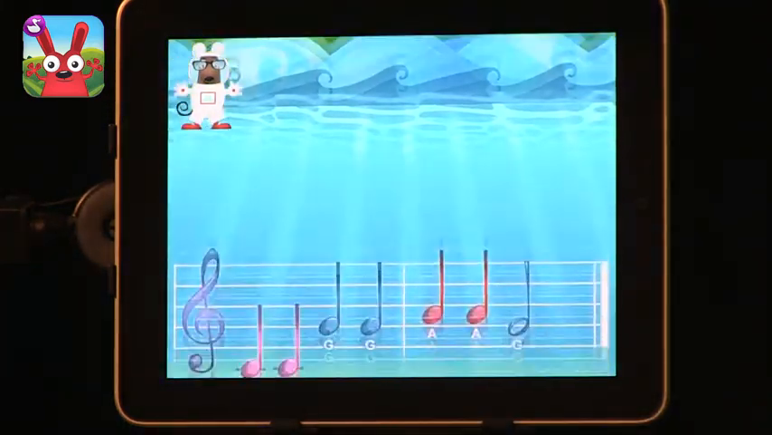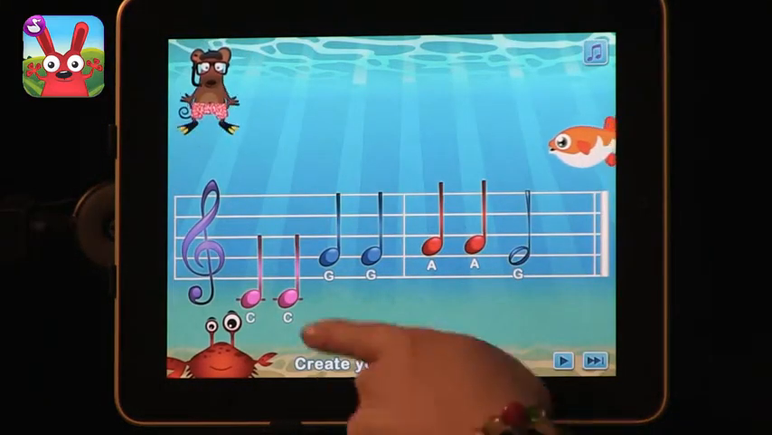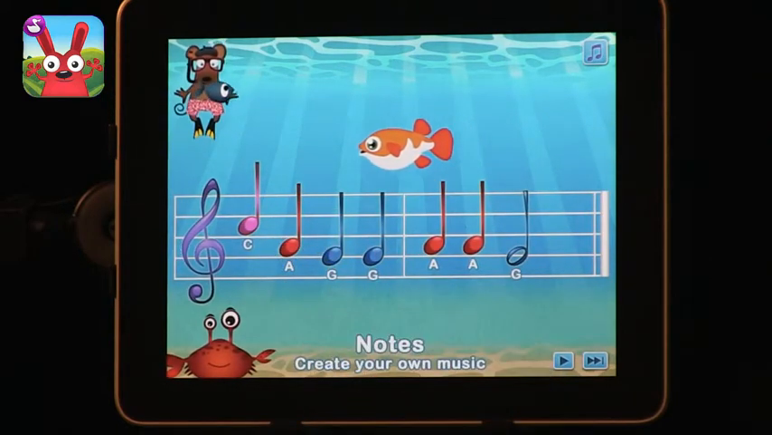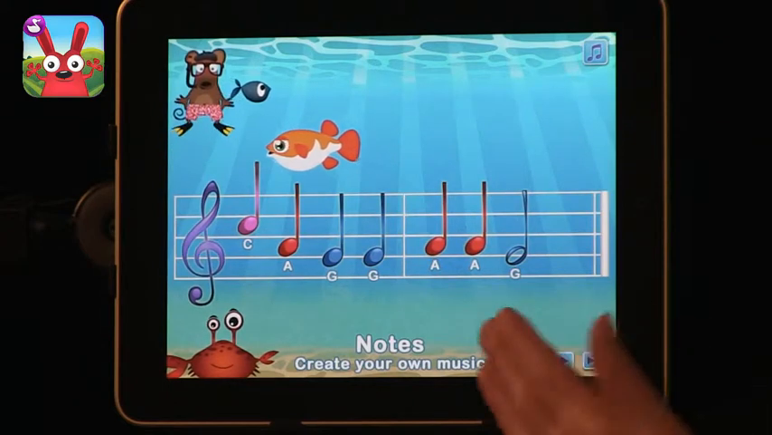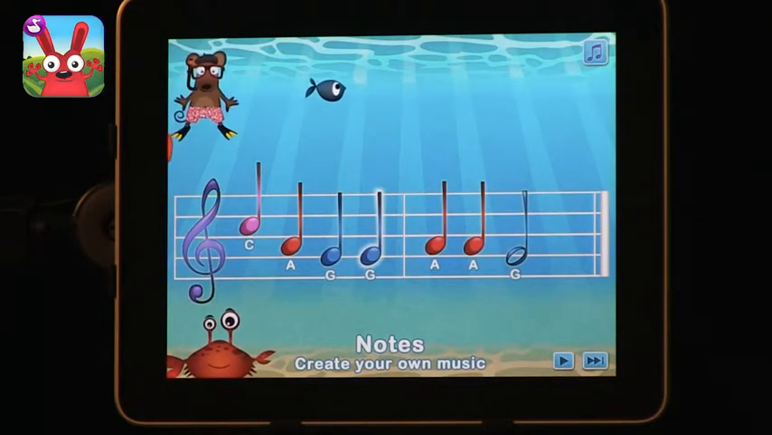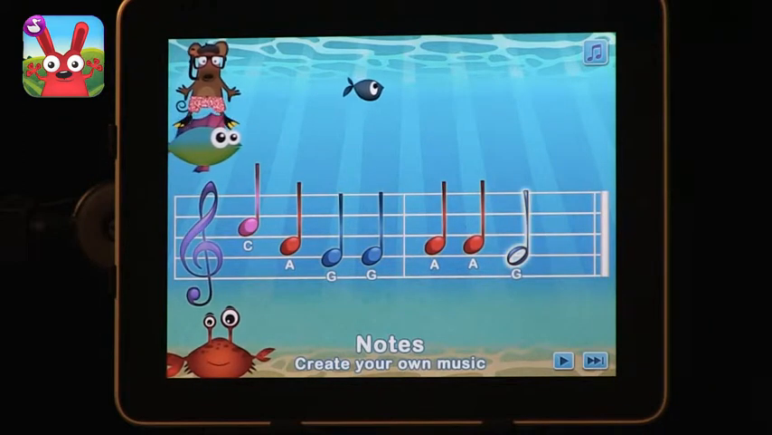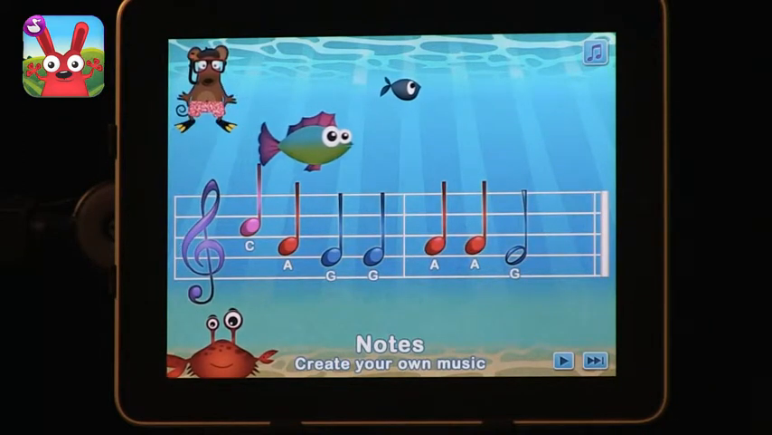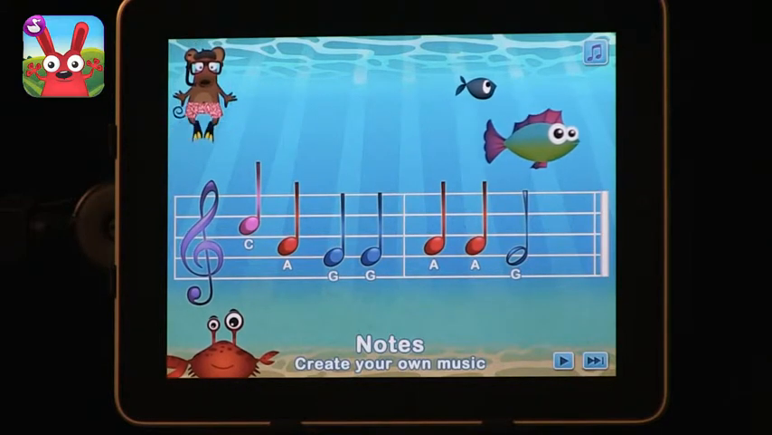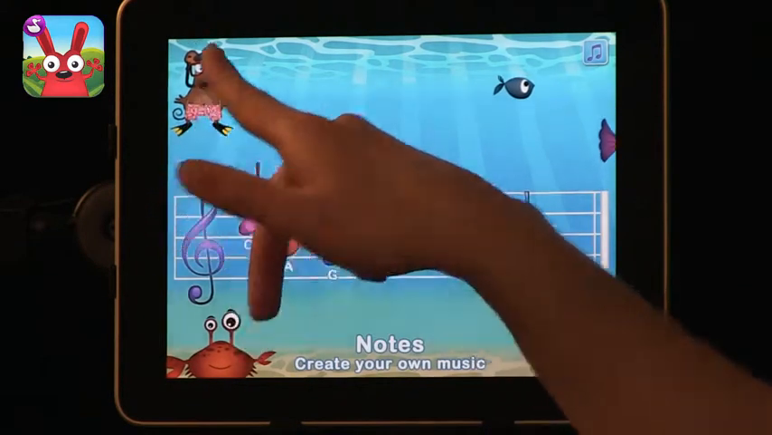The last activity on the application allows students to move notes on a scale to make their own music. And once they've situated notes the way they want, they can hit the play button and their song will be played. This cannot be saved on the application, but students can rearrange and play the notes as many times as they'd like. And then as soon as they're done and they click the mouse,